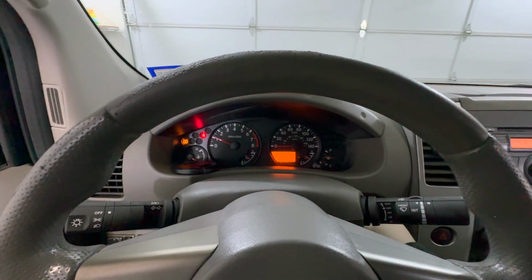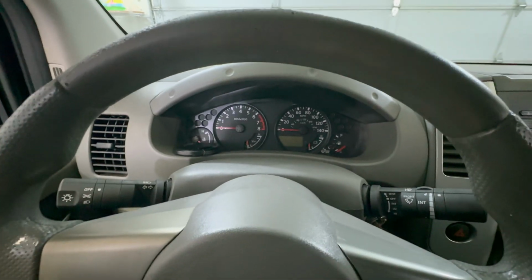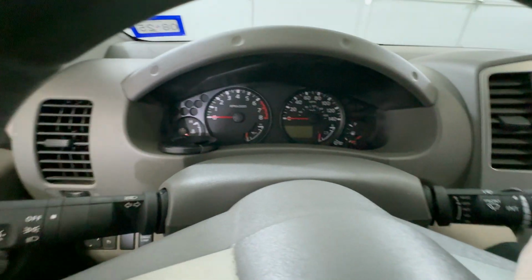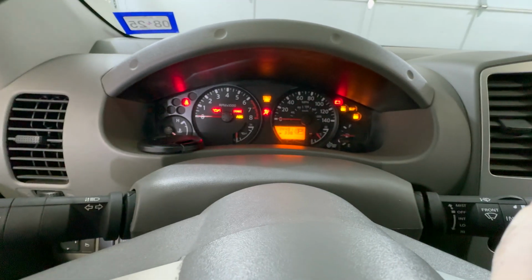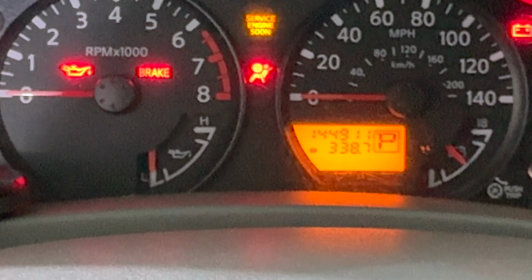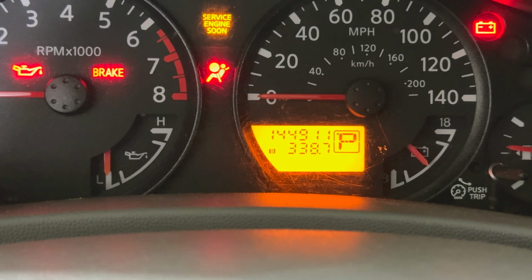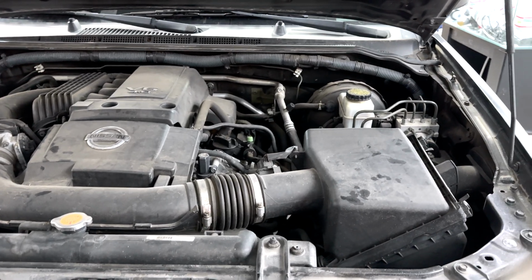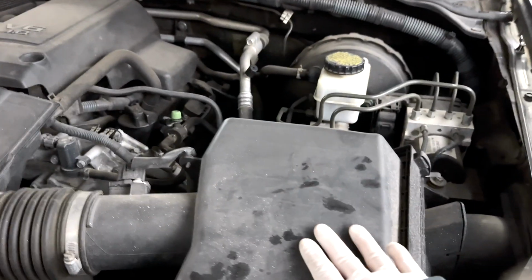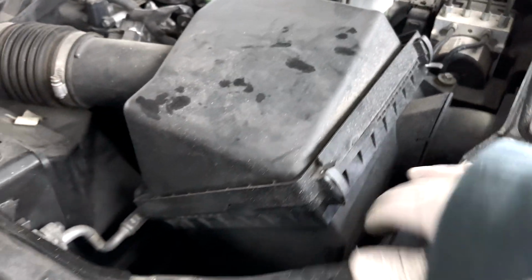Alright, and that's what I like doing when I'm inside this vehicle. Oh, we need to see how much mileage this vehicle has. 144,000 miles. Alright, now inside the engine bay, this air filter, since it's super easy to check, I guess you can